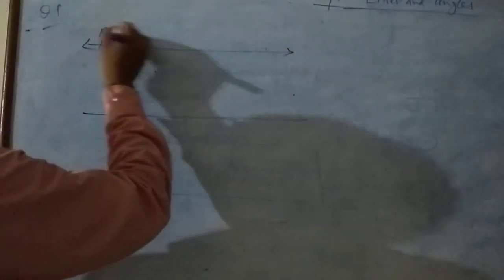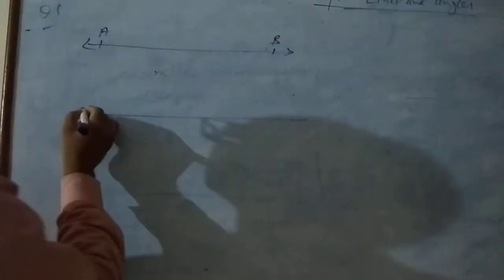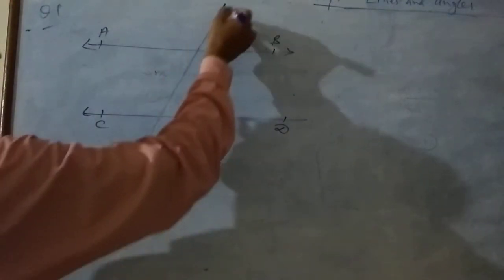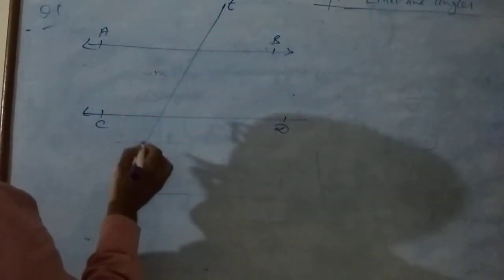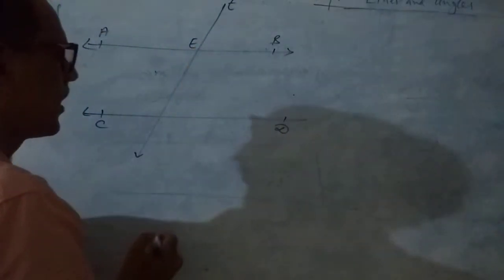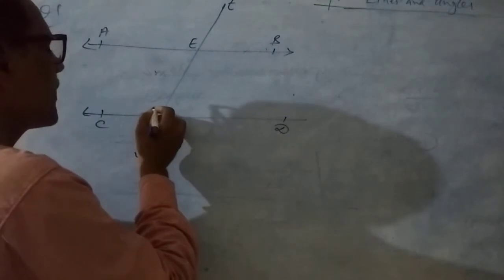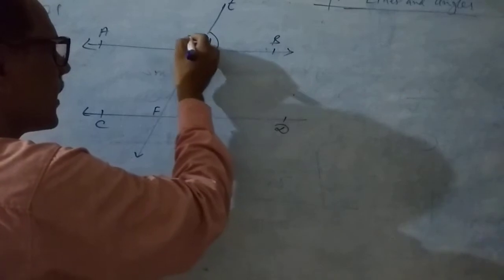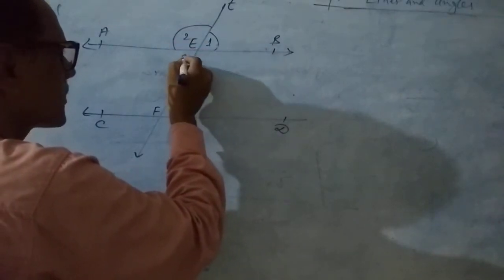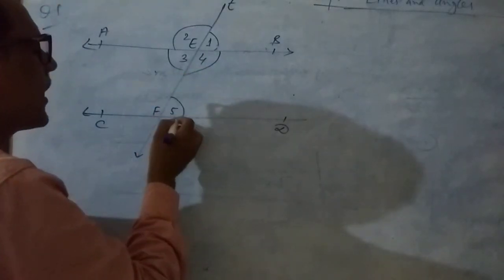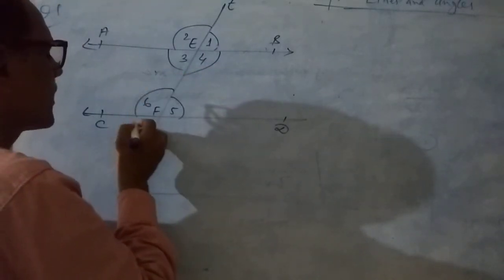First line is AB, other line is CD, transversal line is T. It intersects AB at E and CD at F. This angle is angle 1, angle 2, angle 3, angle 4, and this angle is angle 5, angle 6, angle 7,